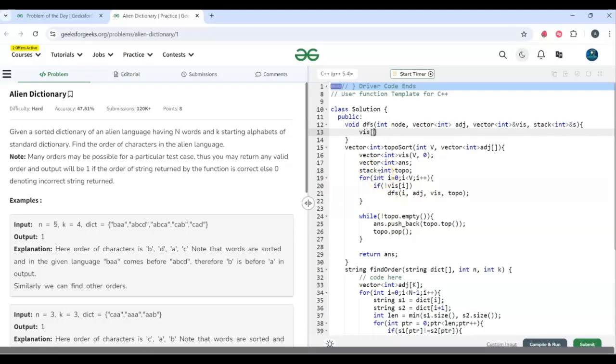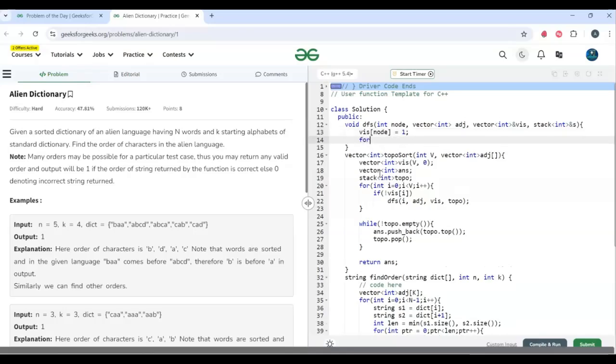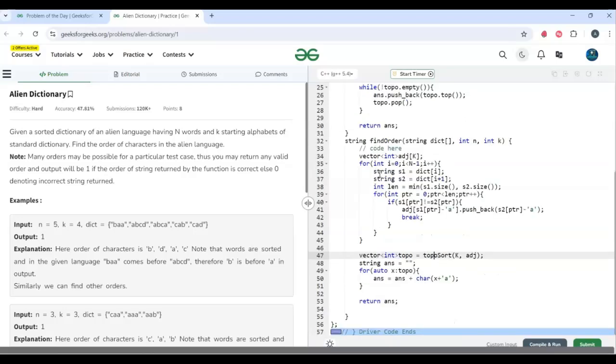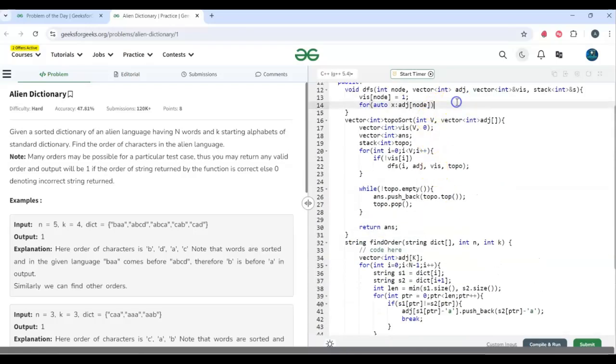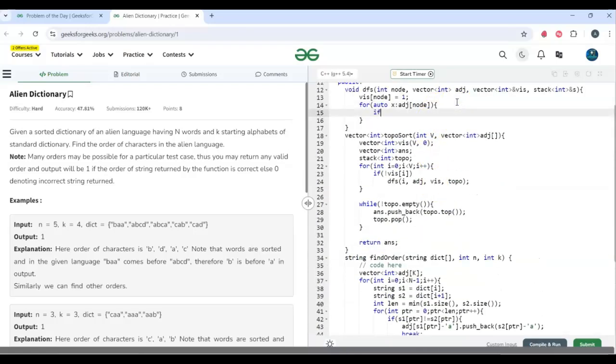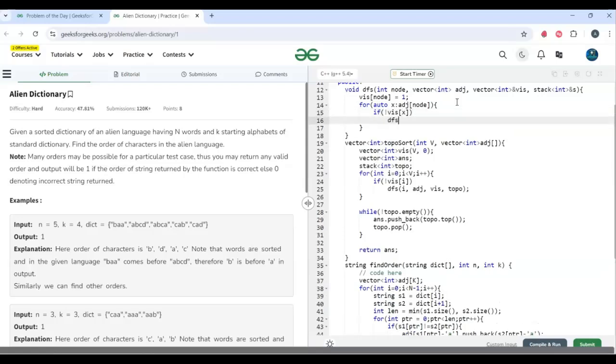So initially we'll mark that particular node as true, and we'll go through its neighbors using the adjacency list, and if those neighbors are not visited, we'll again call this function